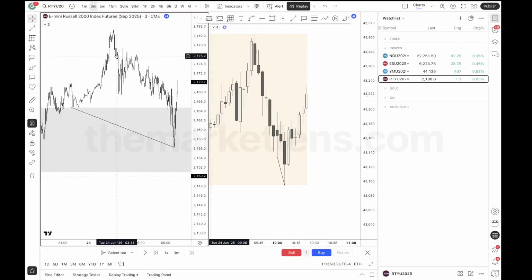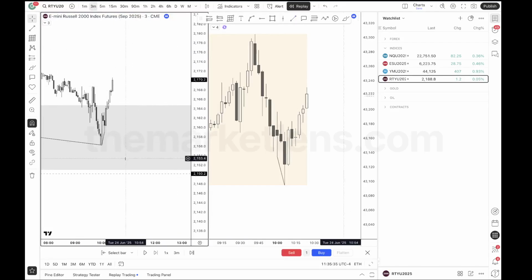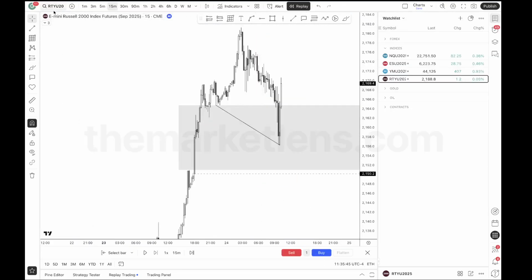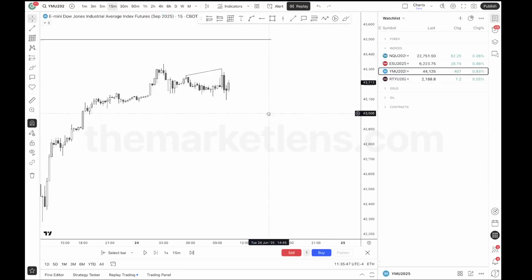We want to see this asset, look at the low resistance liquidity. When I tell you this is so clean, guys, between these two markets here. And I believe my entry was on the 15-minute. Why is it on the 15-minute? It's the same reason. Hold on, let's go to YM here.